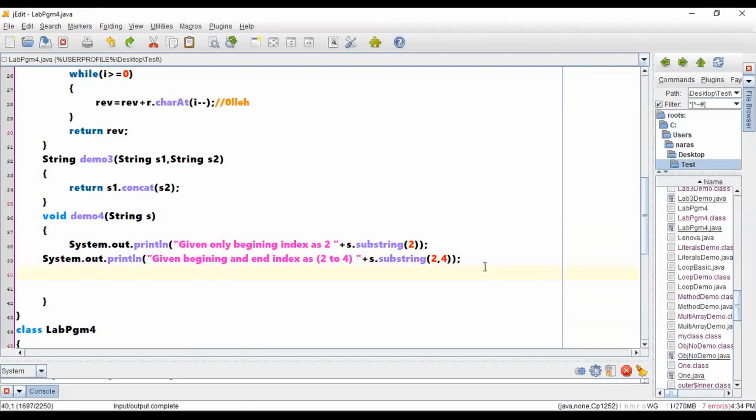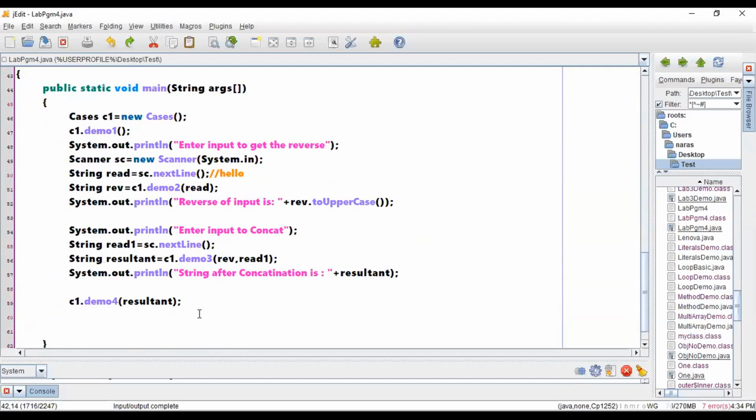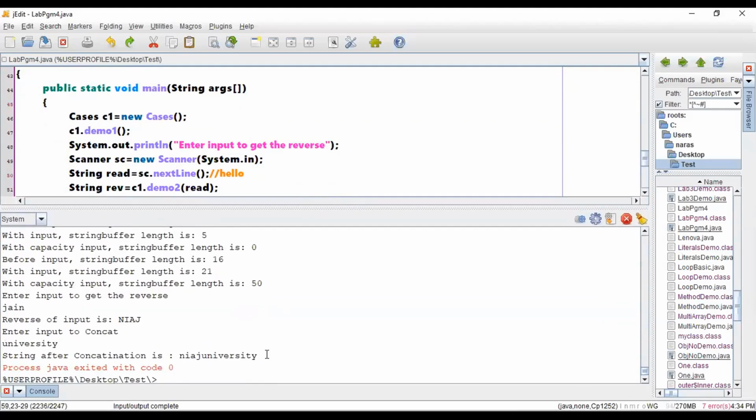Now you need to tell me what the output will be for these two println statements. What is the value of this resultant?